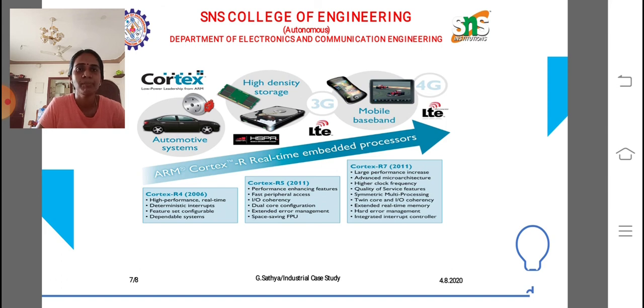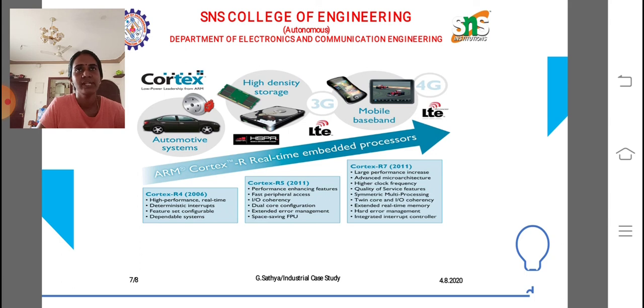From this empathy part, we have moved on to our define stage. That is the defined status. We are focusing on the multi-core concept, that is, each processor can perform multiple operations at a time, and interprocessor communication also plays a vital role. So our defined statement is the multi-processor multi-core concept. From this defined concept, we have to provide a solution in our ideate part.